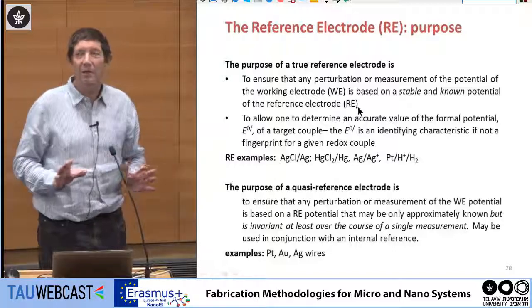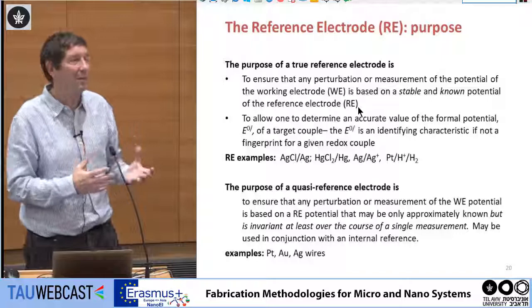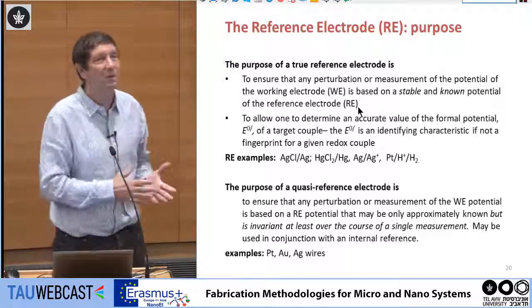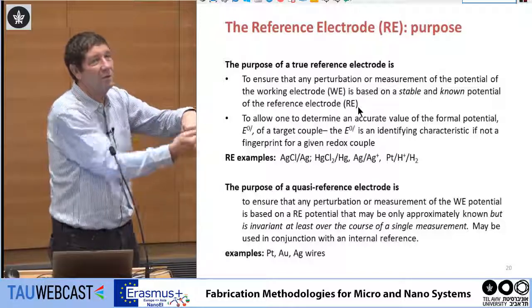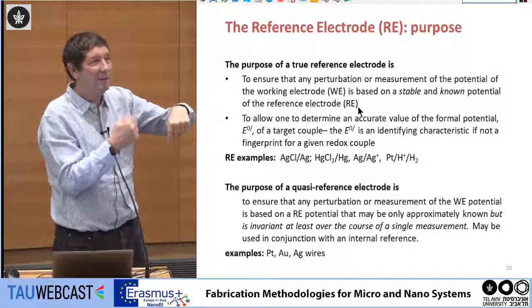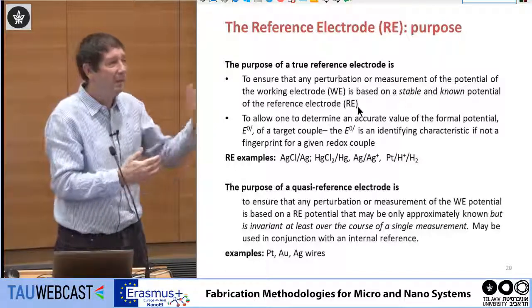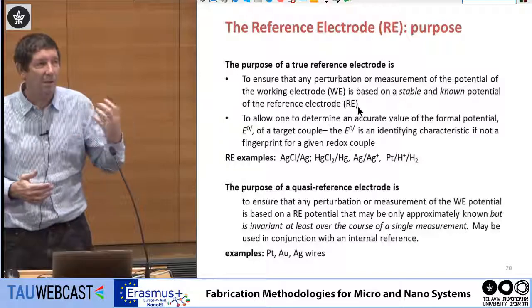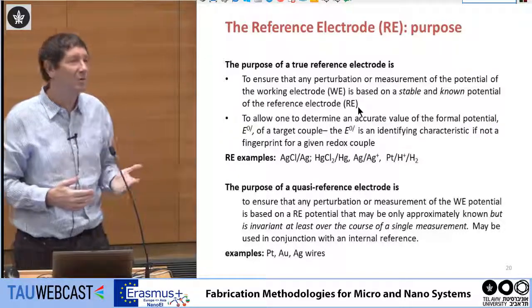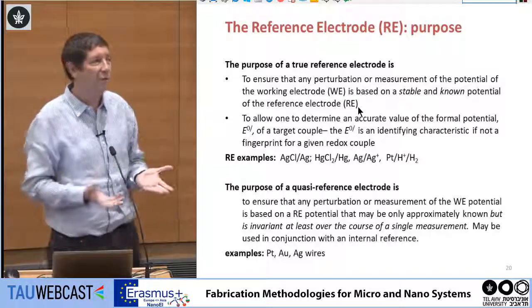So the trick here in electrochemical sensors is, can we find some materials that we know the potential of, put them into the same solution, and measure versus this electrode. And since I know the potential from the textbook or from some table, then I know the potential of the solution. So in electrochemical sensors, since it's impossible to measure the potential of the system in equilibrium,